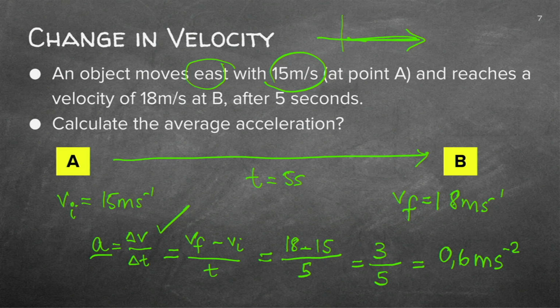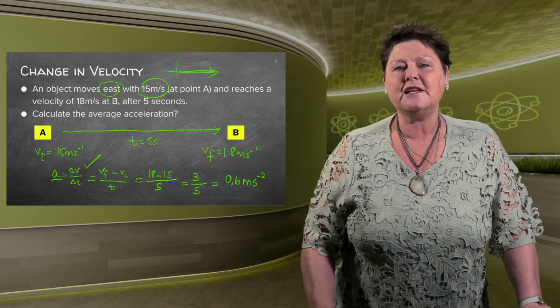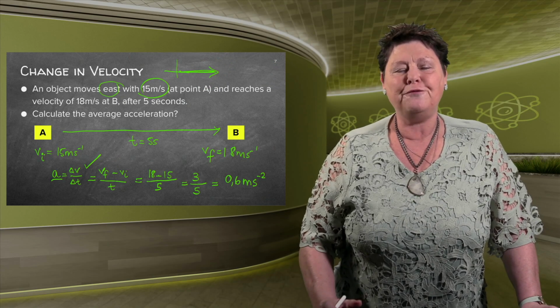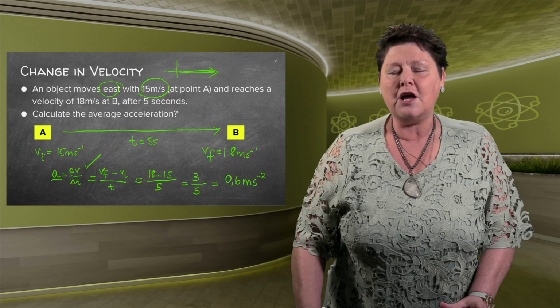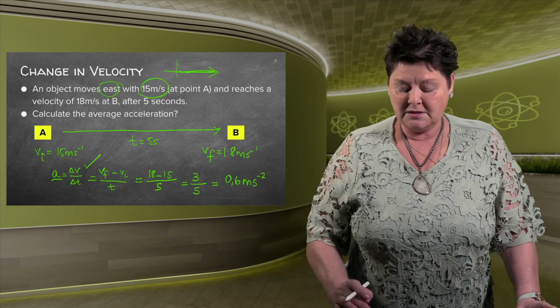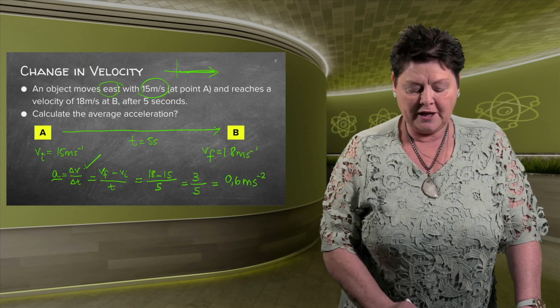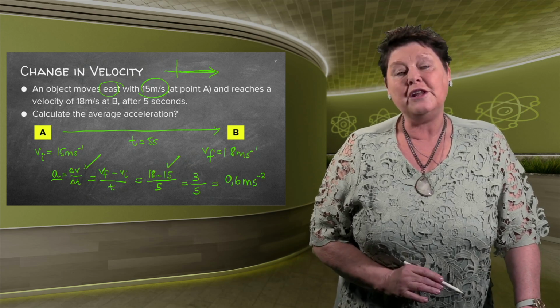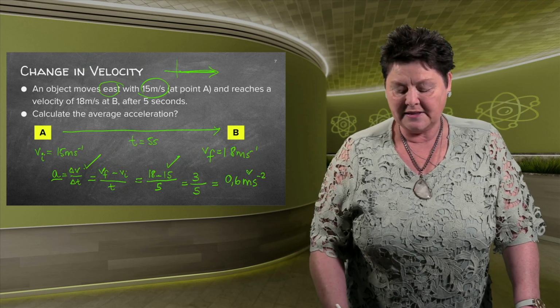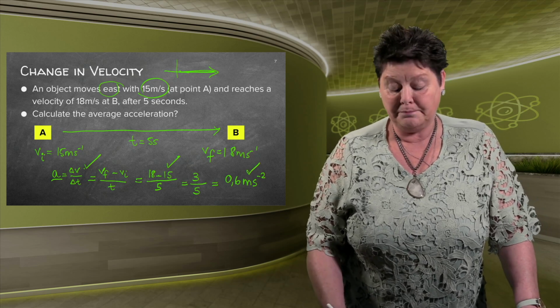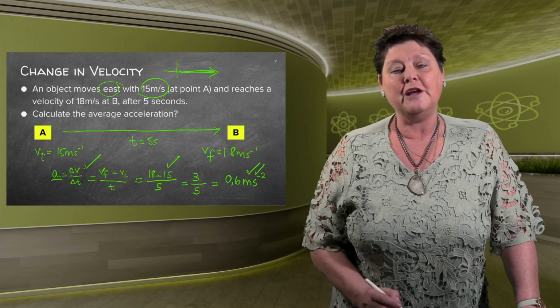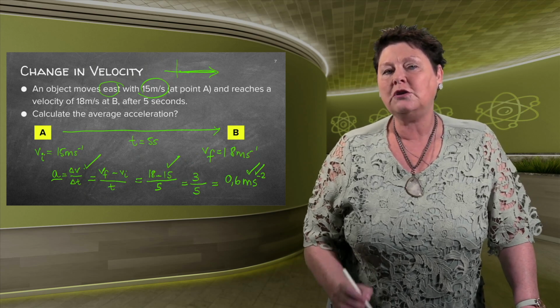You can go and practice a few of these, any textbook. You can do a few where they are going slower or faster. Please make sure that you get all your marks. Let's go back. 1 for the equation, 1 for the substitution, and then the last mark, it might be even 2 for the answer. This answer is not complete.